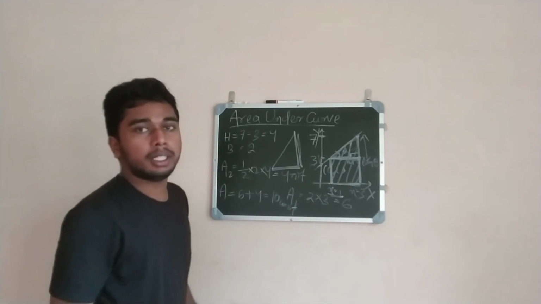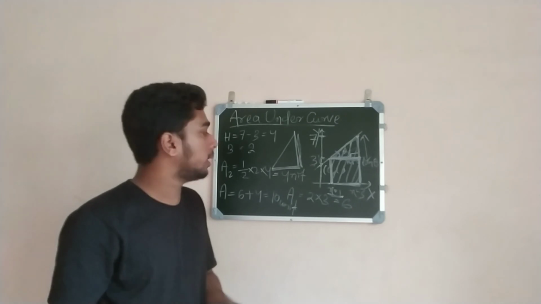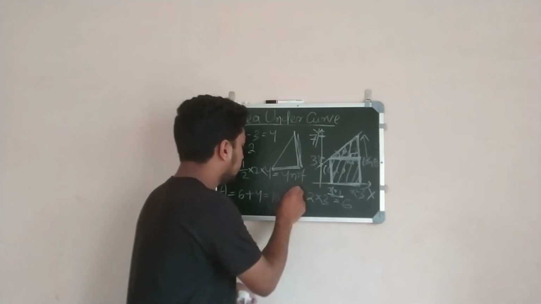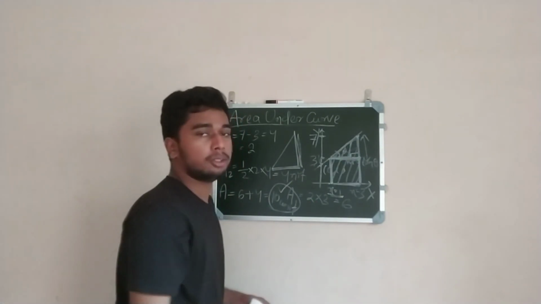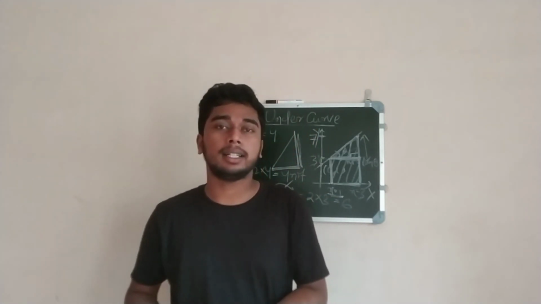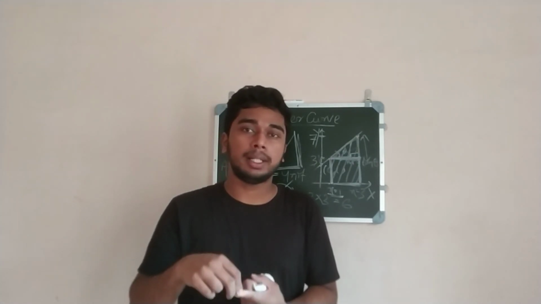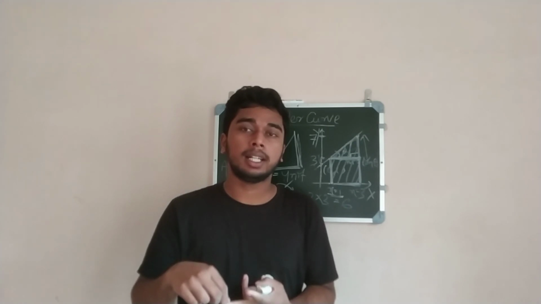And previously using calculus we also saw that the area of the curve was 10 unit. Hence the two methods are verified. So to calculate the area under the curve we can follow two methods. The first one is the geometrical method and the second one is the calculus method.